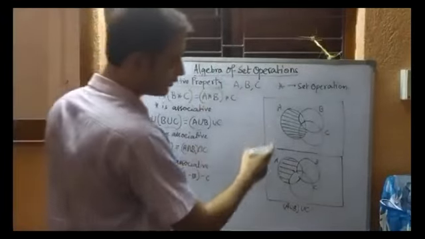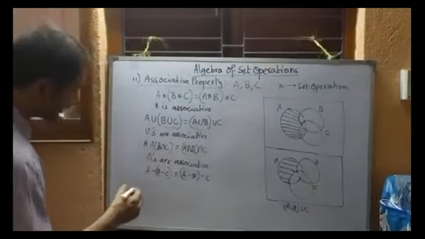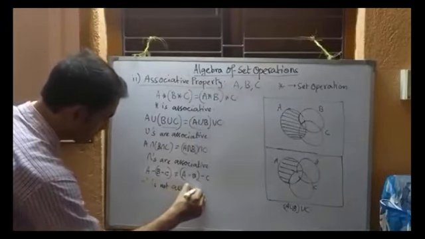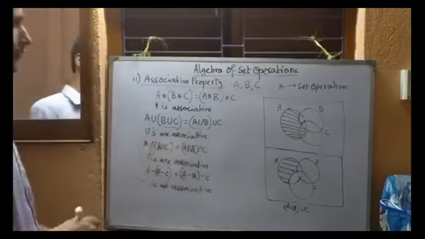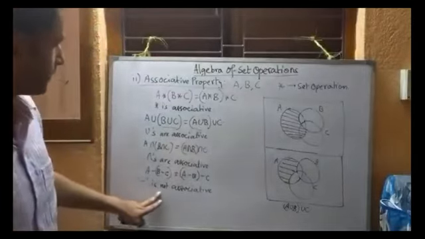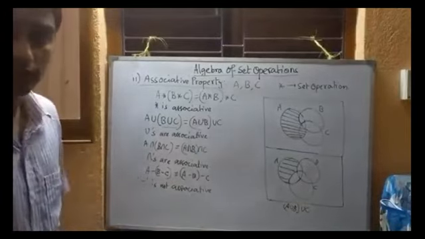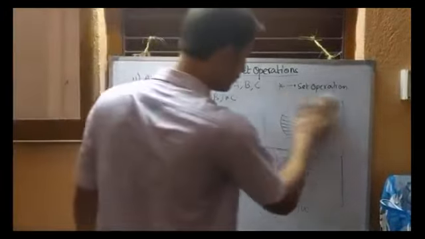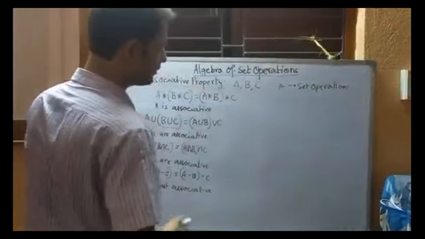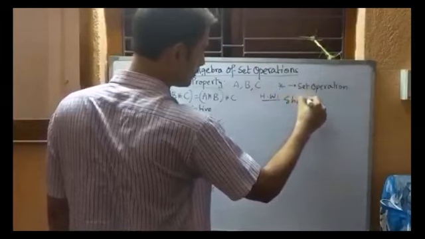See, the two regions are different. So we can say these two are not equal. So we say that difference is not associative. So in this way we can one by one verify the properties. Now since it is not satisfying the associativity, we should give an example. So that will be one of your homework. It is one of your homework that show by an example